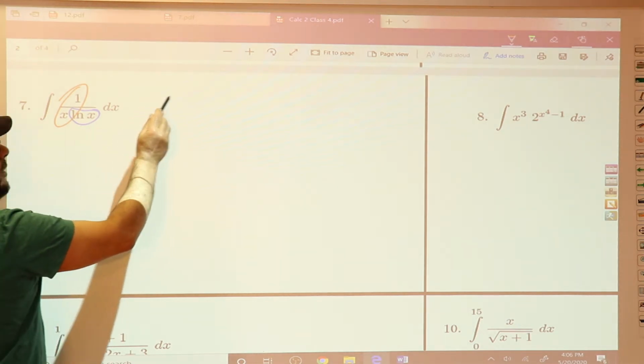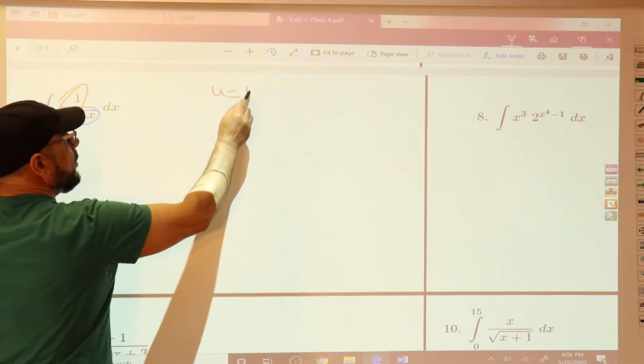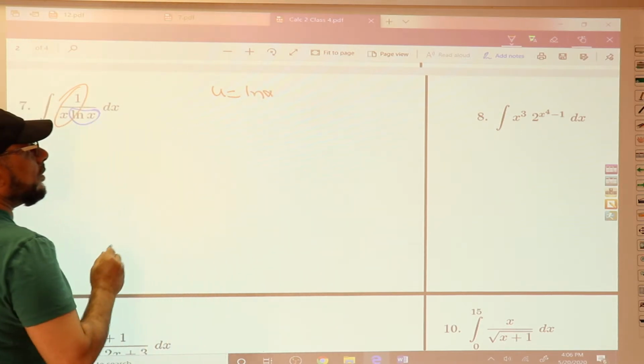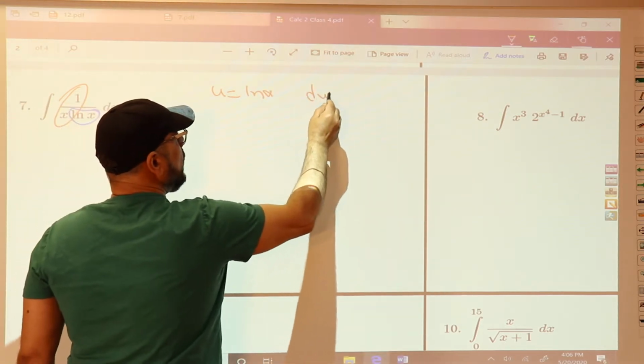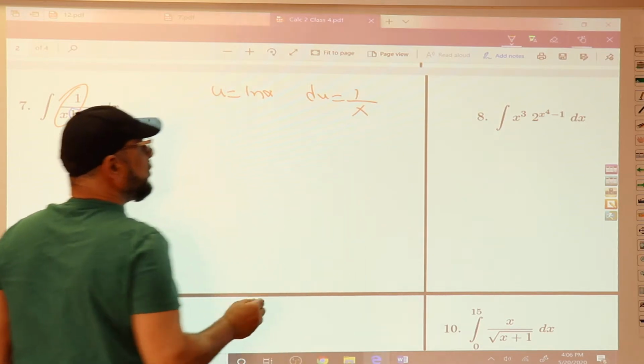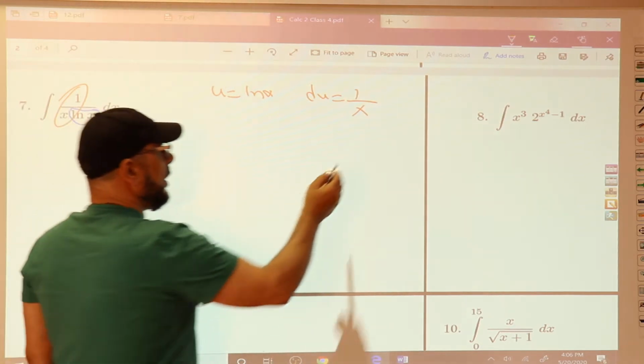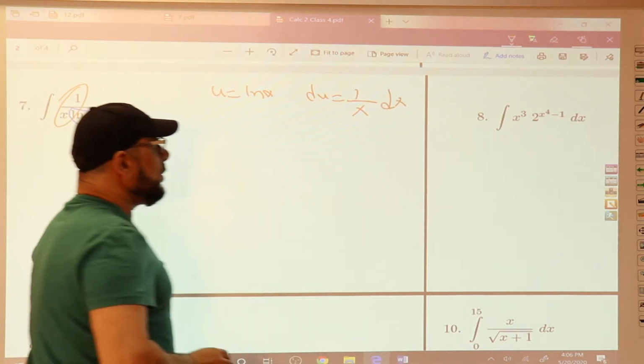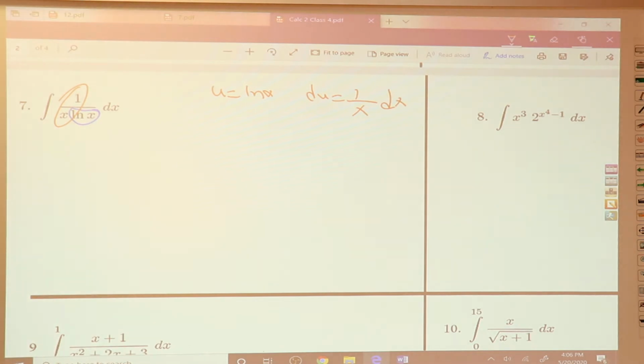u equal ln x, du equal 1 over x dx, right? Again, u equal ln x, du equal